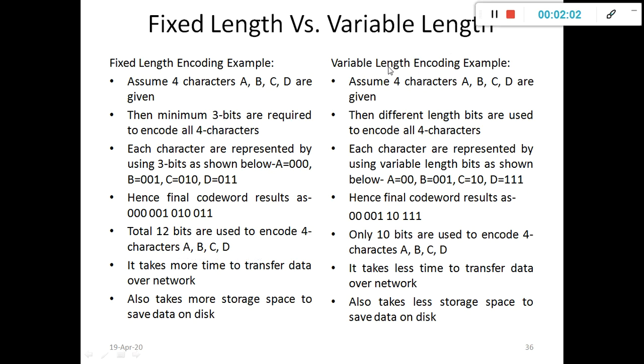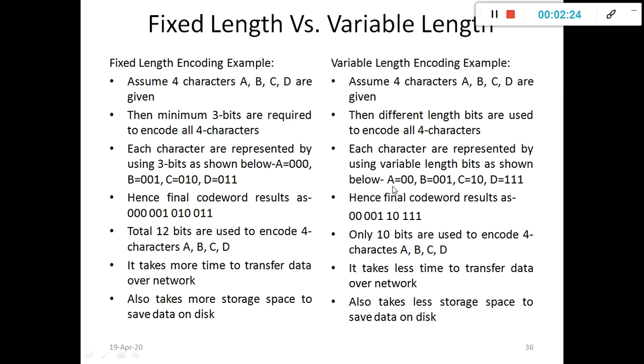Now let us discuss a variable length encoding example. Again assume 4 characters A, B, C, D are given. Different length bits are used to encode all 4 characters. Each character is represented by using variable length bits as shown below.